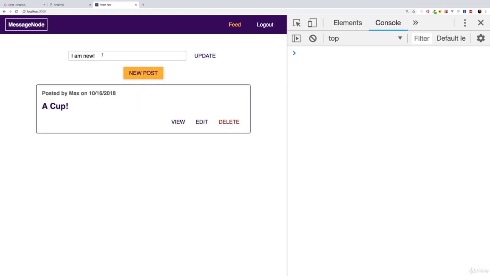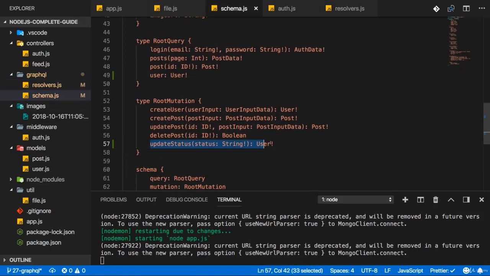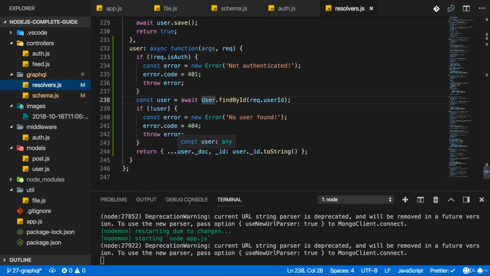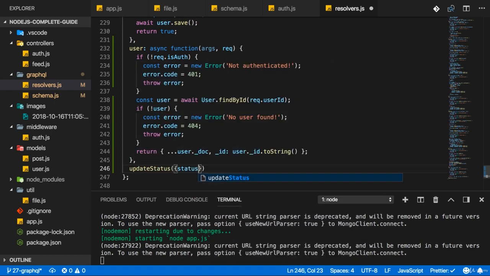Now let's also make sure we can update a status. And for that, let's first of all make sure we do something for this schema we added, for the update status schema in our resolvers file. So this is the last resolver function I'll add here, updateStatus. I'll get my status argument and the request, of course. And I will, as before, use my